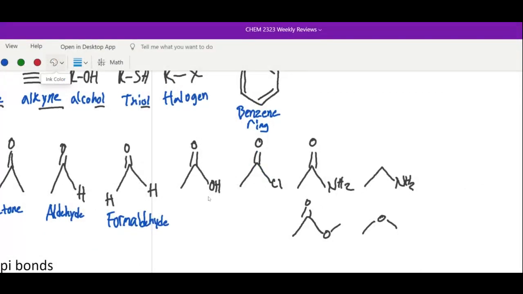Now, the one with the alcohol attached to the carbonyl is going to be called a